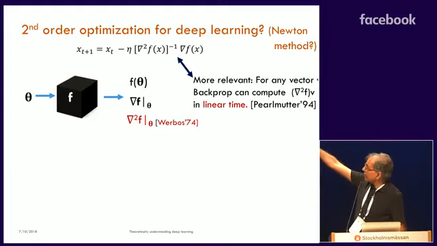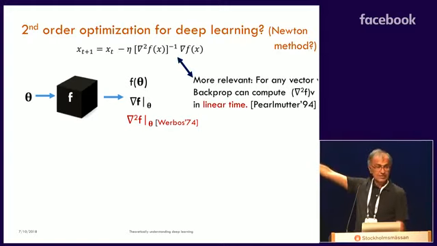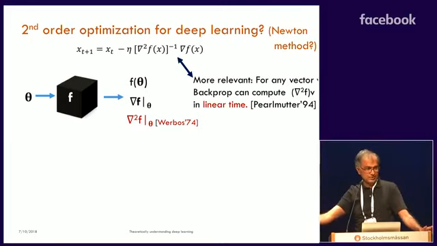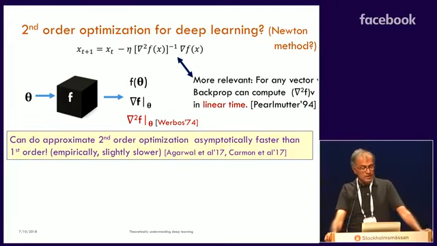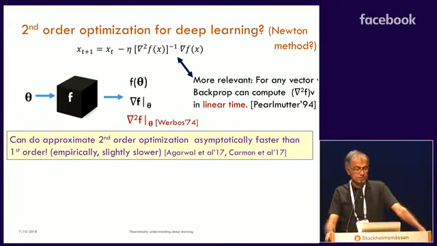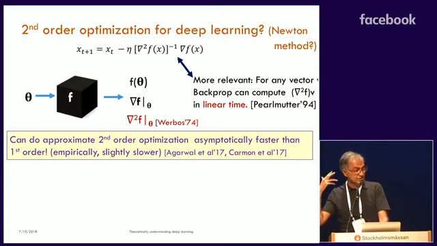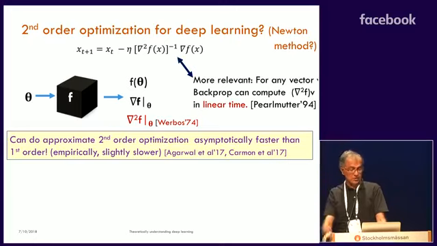But it seems relevant, but actually if you look at it, the Newton method needs the inverse of the Hessian, the inverse matrix. Now, matrix inverse is no joke either, right, optimization-wise. So this doesn't quite get us there. But nevertheless, these papers have shown that you can do approximate second-order optimization, which is asymptotically faster than the first-order method that we saw in the previous slide, using the noisy gradient descent.